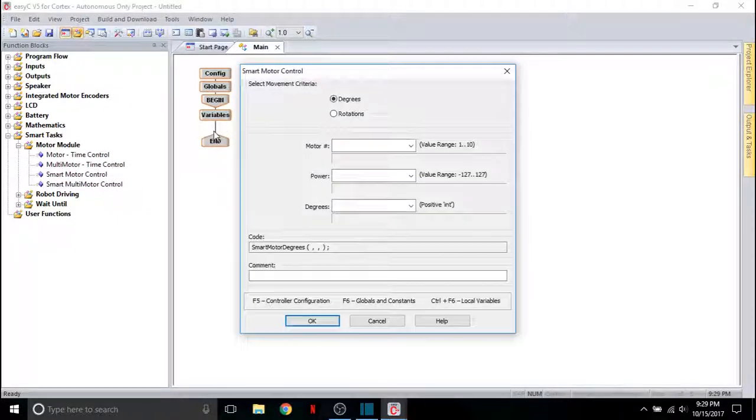Now we actually move on to use our integrated motor encoders. The Smart Motor Control allows you to, instead of saying time, have 2 different criteria for how it's going to move. In rotations, so how many rotations do you want your motor to go? The Smart Motor Control is definitely best for your movement, because you're going to have your IMEs, or integrated motor encoders, on your movement